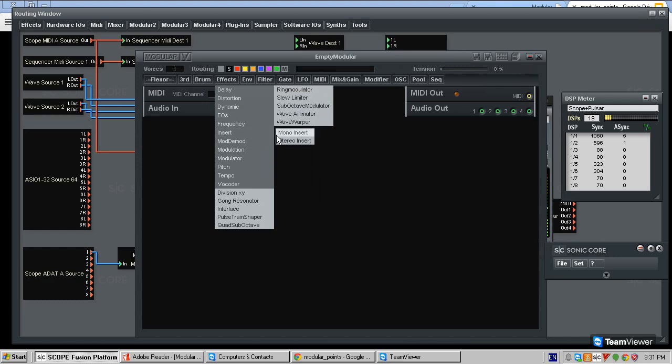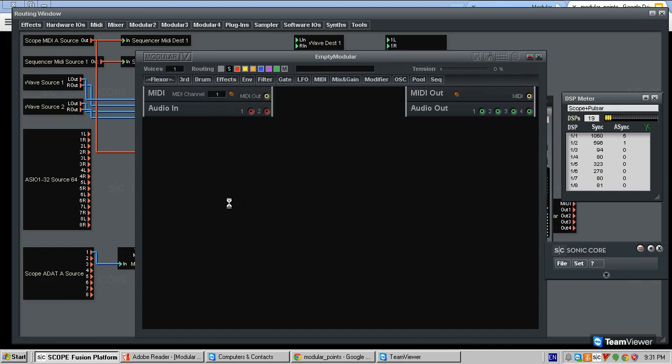They're frequency based, and insert effects, which allow you to integrate with other scope effects. Things, modulation effects, pitch effects, tempo-based stuff, vocoding, modulation, wave shaping, and all that is in here. So you can just pull out any module that you would like to use,